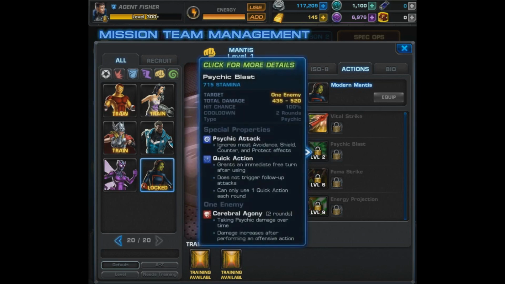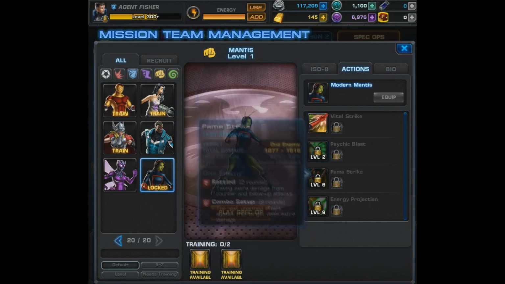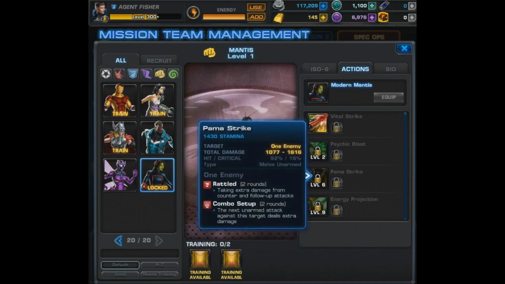Then moving on to Psychic Blast. This is a quick action, a psychic attack, and it applies Cerebral Agony. The only bad part is it is a 2-round cooldown, but the effect lasts for 2 rounds. I really do like that effect, and of course this Spec Op's all about psychic attacks, so it's going to